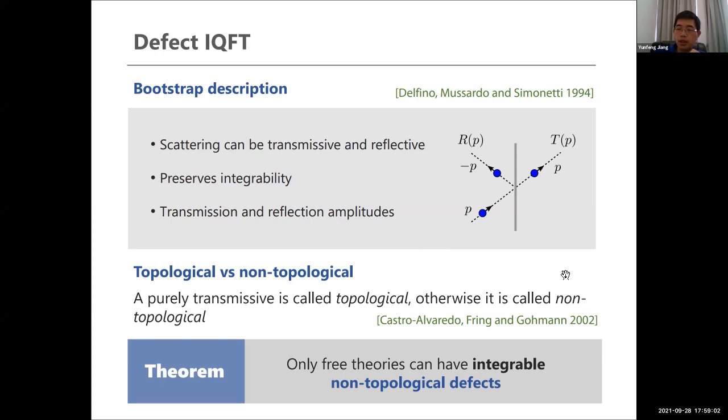Yufeng, can I ask one question? Sure. In the case with the transmission and reflection together, is there any other new Yang-Baxter equation? Just boundary Yang-Baxter, or? Yes. Actually, in this case, you can write down a similar defect Yang-Baxter equation. Because you have several choices, the defect Yang-Baxter equation is more complicated. You need to distinguish different cases, and so you have more equations. That's why this equation seems to be more constraining and leads to this theorem. I see.